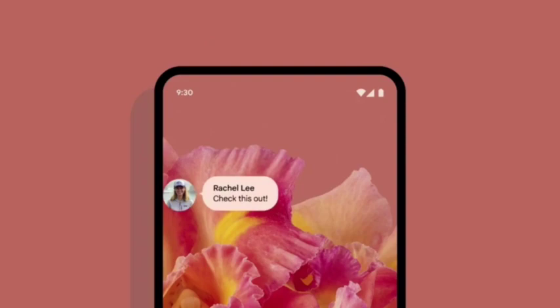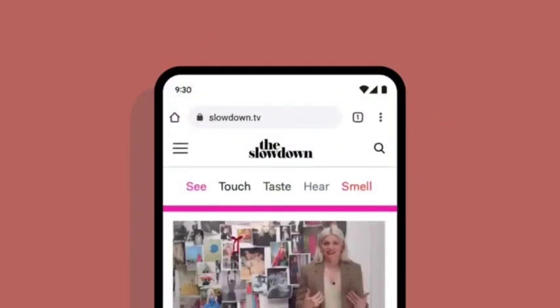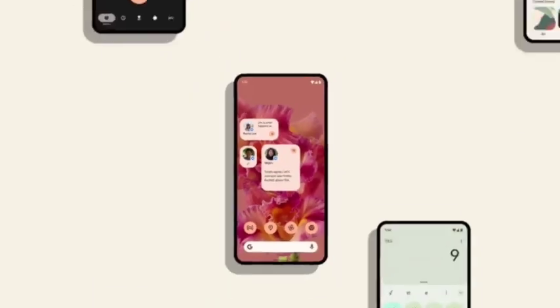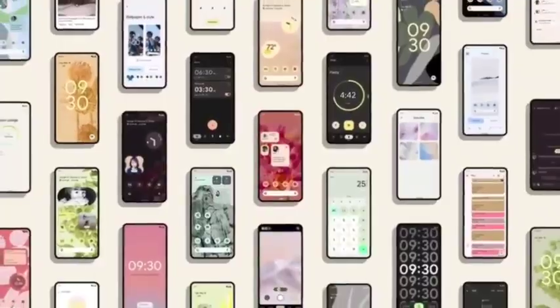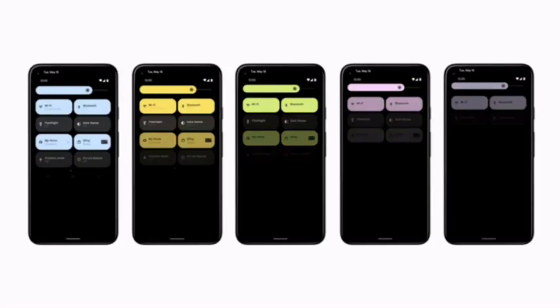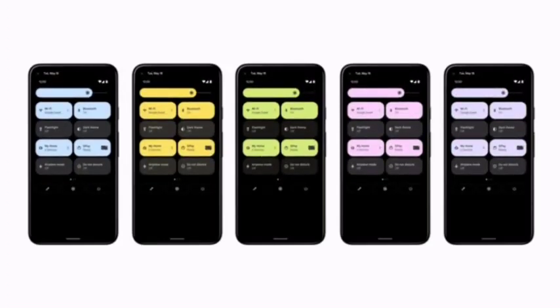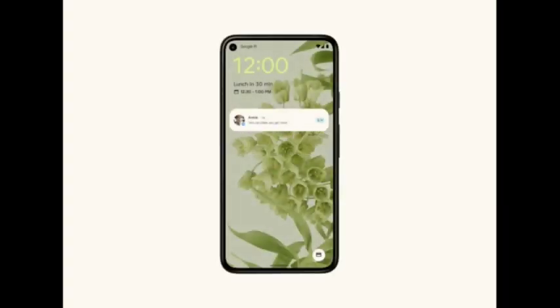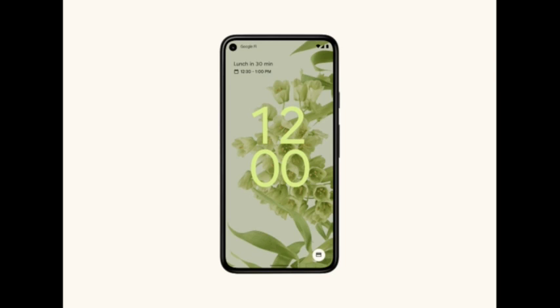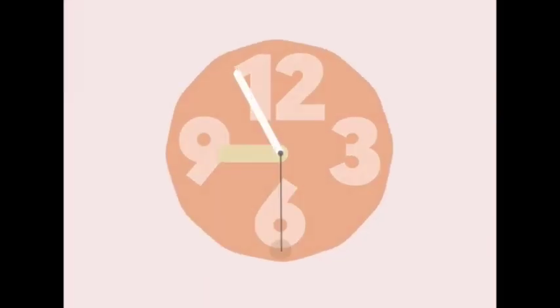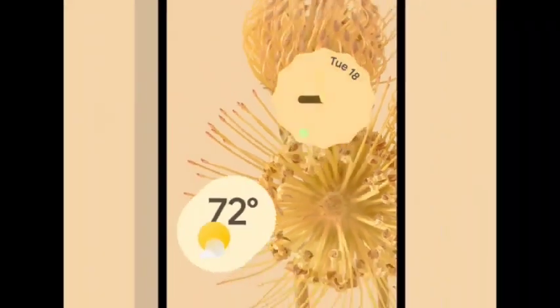We've added a new indicator to the upper right of your status bar, so you know when your apps are accessing your microphone or camera. Also, if you want to remove app access to these sensors for the entire system, we've added 2 new toggles in quick settings. We're also giving you greater control over how much information you share with apps. With new approximate location permissions, apps can be restricted to seeing just your rough location instead of a precise one. For example, weather apps don't need your exact location to offer an accurate forecast.